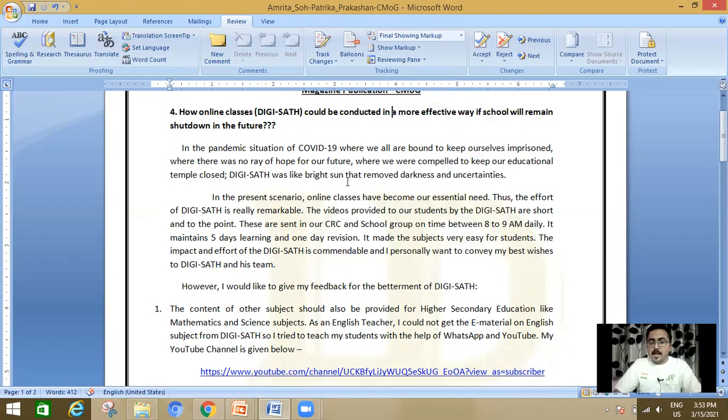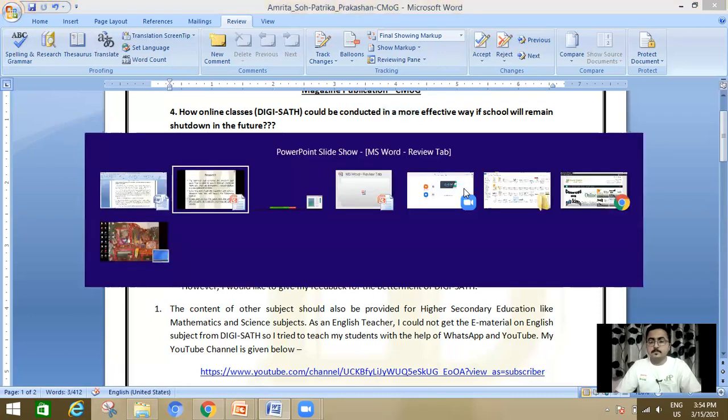Now, as soon as I corrected the word MRE to more, the sentence is also corrected automatically. Otherwise, some suggestion will be given by the dictionary. As per your requirement, you can change or ignore. So this is all about spelling and grammar. I think it is very clear to you.